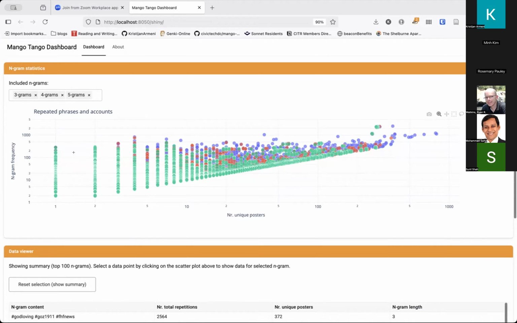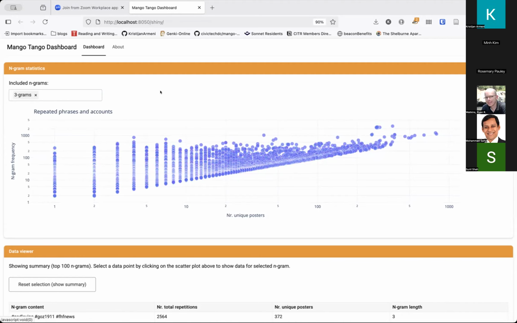For now, you can remove certain anagrams to have a little more clarity. It takes a little bit to update because, in terms of real estate, they're busy plots. Okay, we now just have anagrams of length 3. And actually, Jehun is working on a search feature for this dashboard. We already have a pull request. We just need to apply some Python formatting and then the tests will be passing.